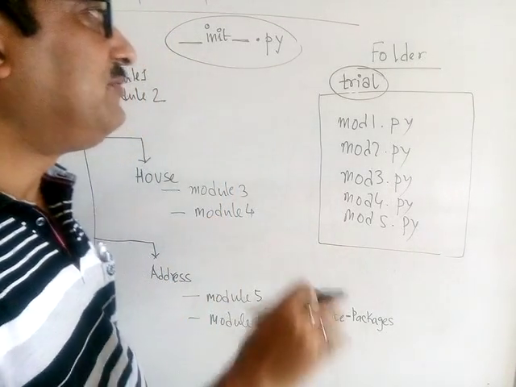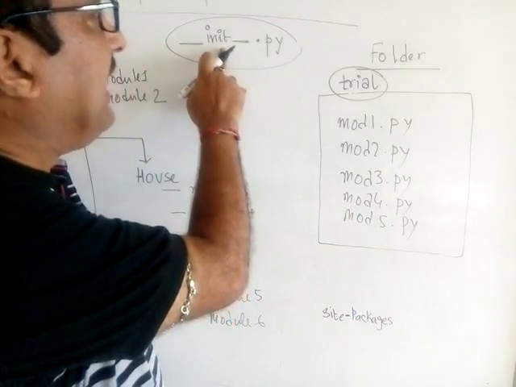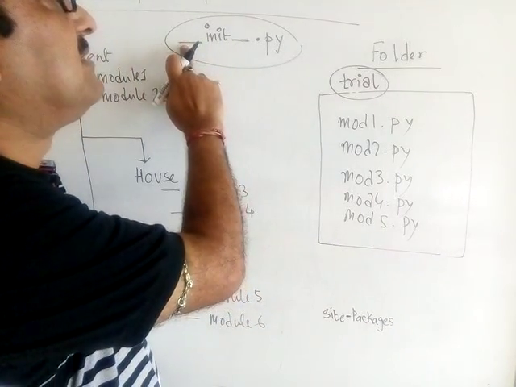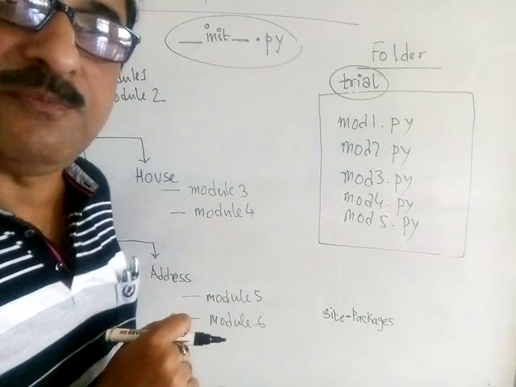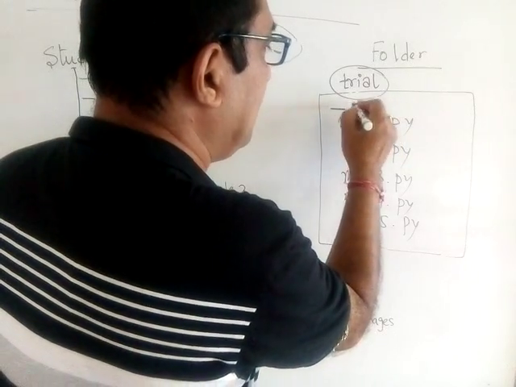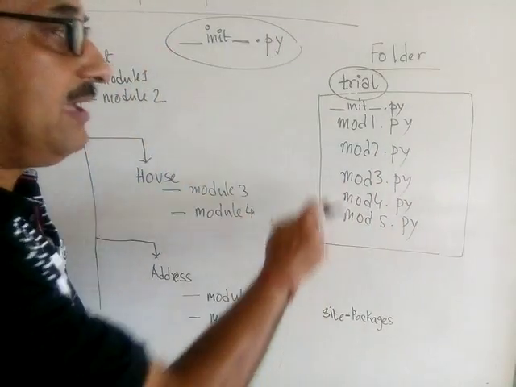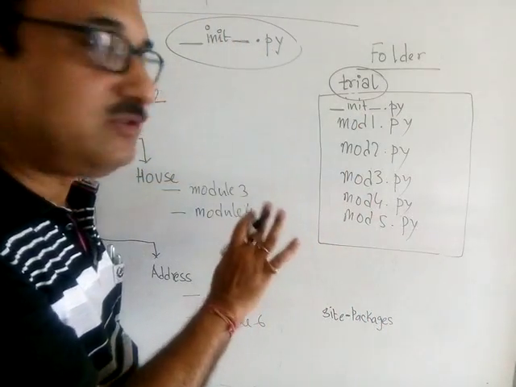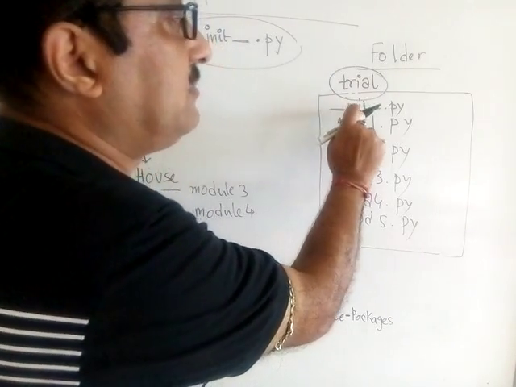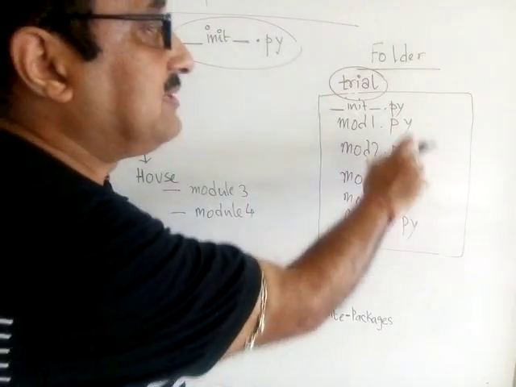For the time being, I will tell you, you just open a Python file, a new file on the Python screen, and just save it blank. No need to write any code. Just save the file as __init__.py. This particular blank file has to be copied here. So along with these 5 modules which you wanted to be part of trial, a blank file named __init__.py must be copied into the same directory.